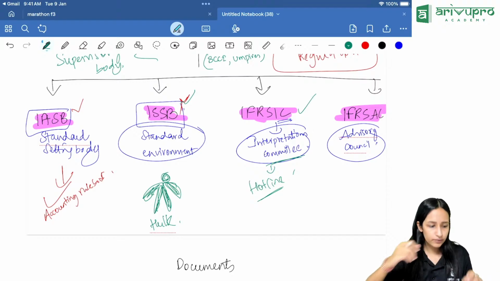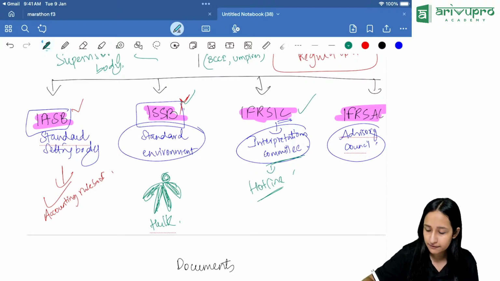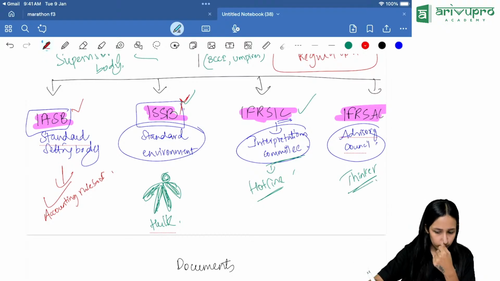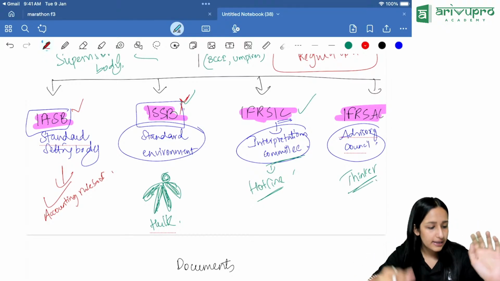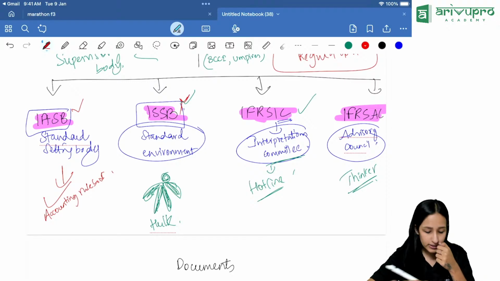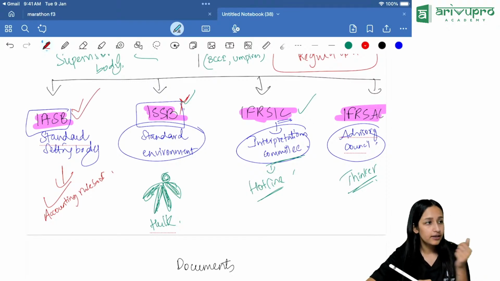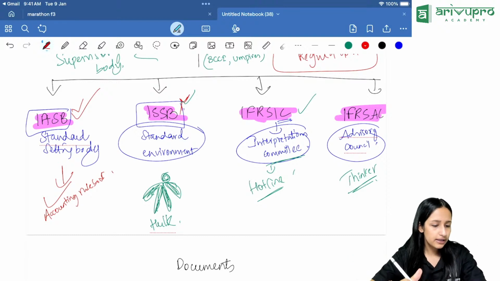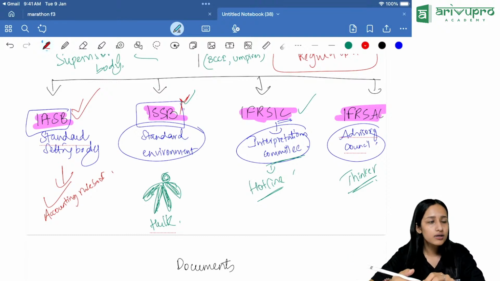Got it? Next, we are dealing with IFRS AC, which is the Advisory Council. What is the Advisory Council? This is the person who thinks, basically a thinker is what you can name him. This person should stay informed about the industry trends. As soon as the IASB publishes a standard, he goes down to the market basically, and then he will think,